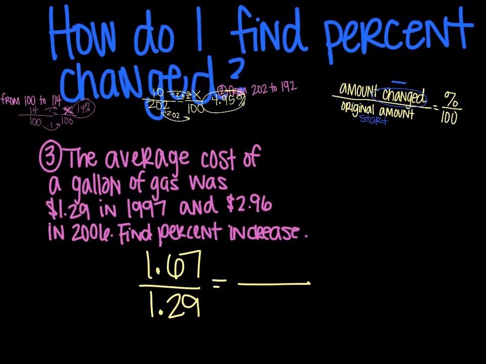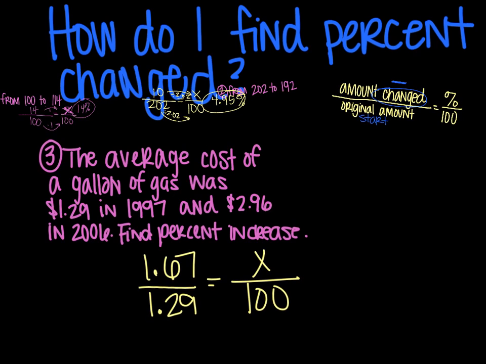And yes, I'm using my calculator. You should be using your calculator on all of these problems. And then my percent out of 100. Now notice here that your numerator is bigger than your denominator. So your percent increase is going to be bigger than 100 because of proportional reasoning. So going from 129 to 100, I need to figure out my scale factor. And that is about